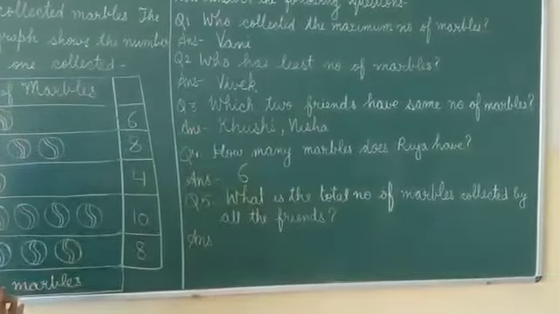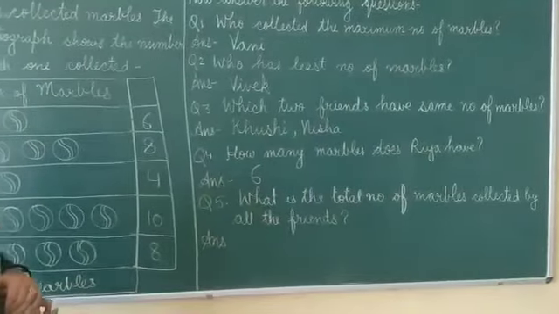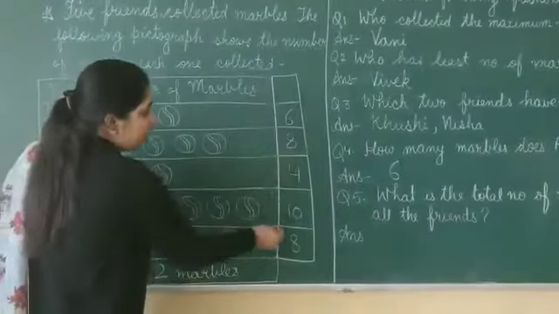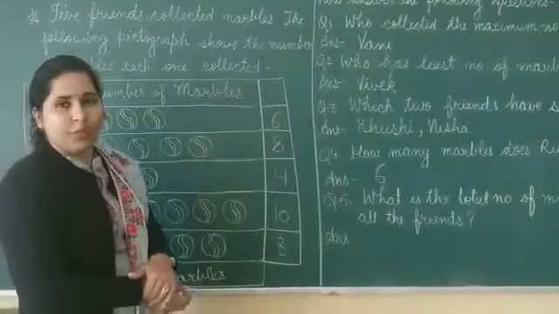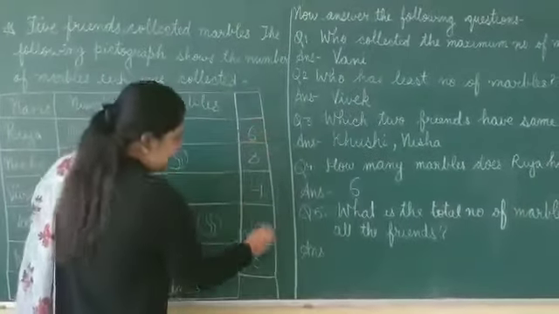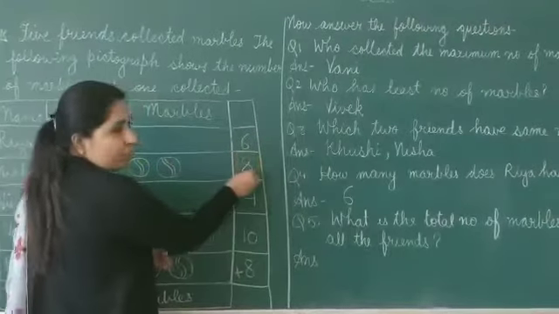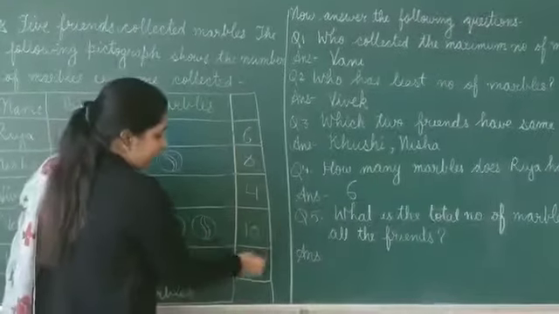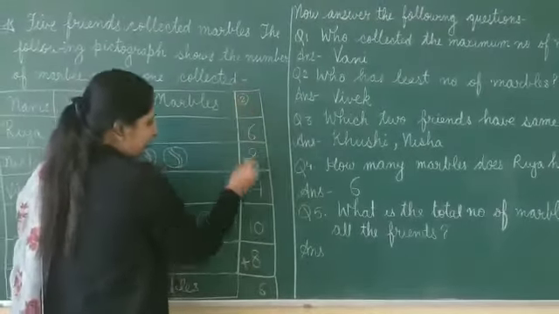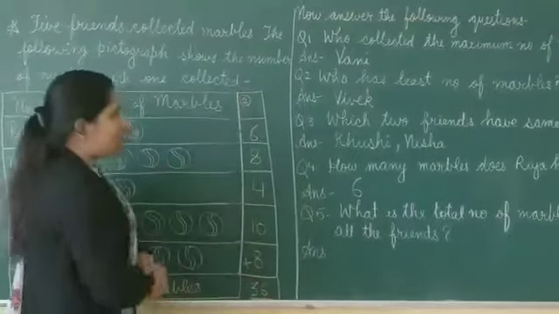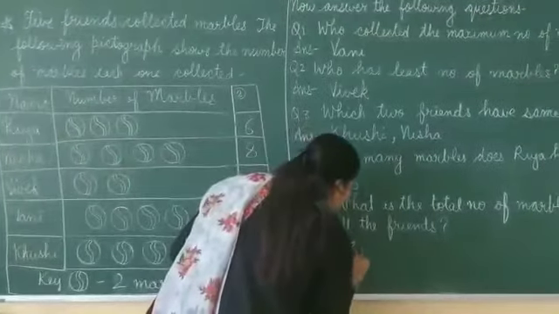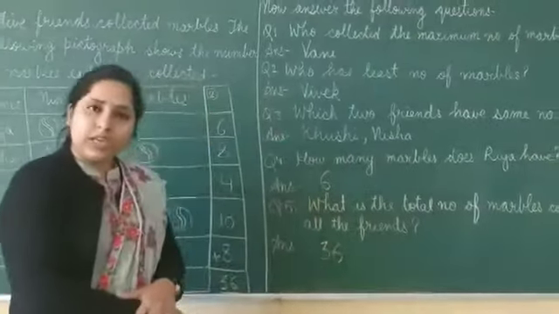Then what is the total number of marbles collected by all the friends? So we have already written the number of marbles collected by them here. Now we have to find the total number of marbles. So you can simply add these numbers here and you will write the answer. You will add this: 6 plus 8 is 14, plus 4 is 18, plus 8 is 26. 6 here, 2 as carry, 2 plus 1 is 3. You can do it in your rough work and then you can add, it is 36. So you can write here, total number of marbles collected by them are 36.